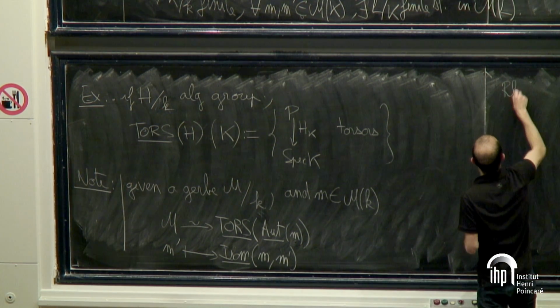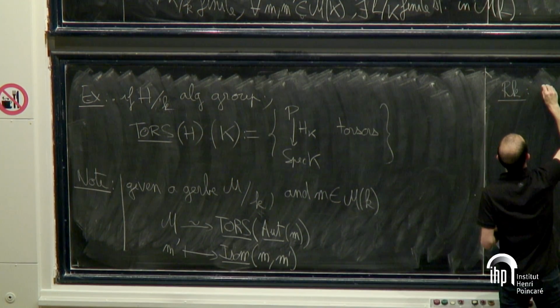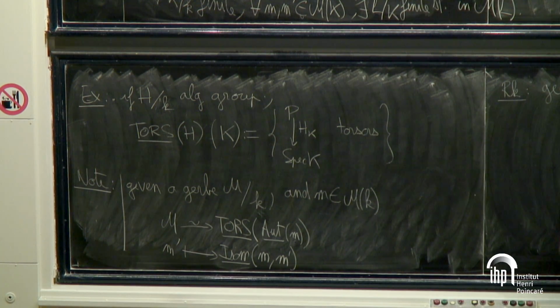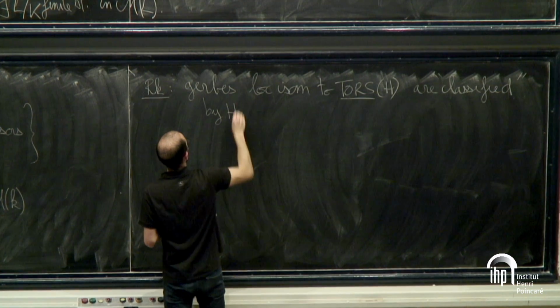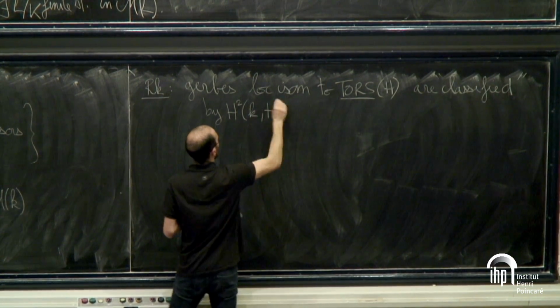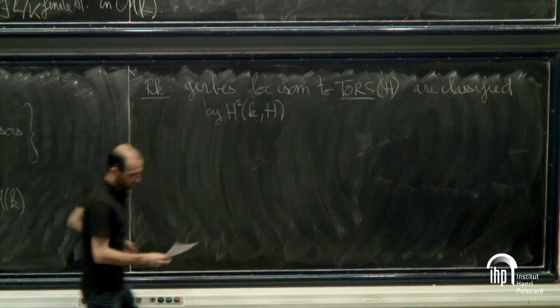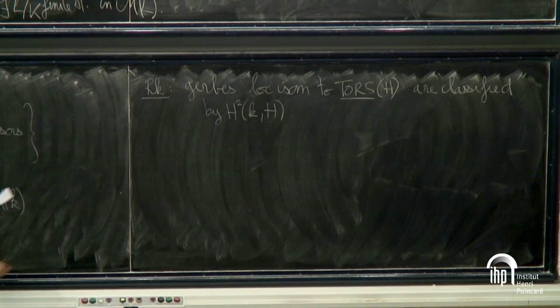Remark: gerbs locally isomorphic to a gerb of torsors under H are essentially classified by the non-abelian H2 that I mentioned earlier. This is why we are now dealing with non-abelian H2, but I think I won't need this notation. And now we can